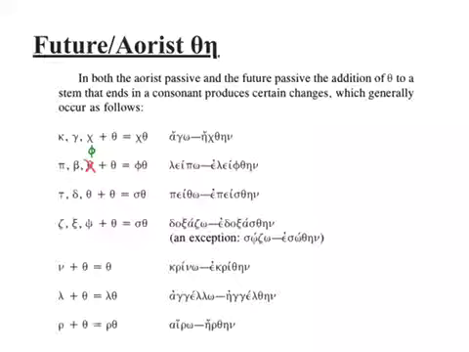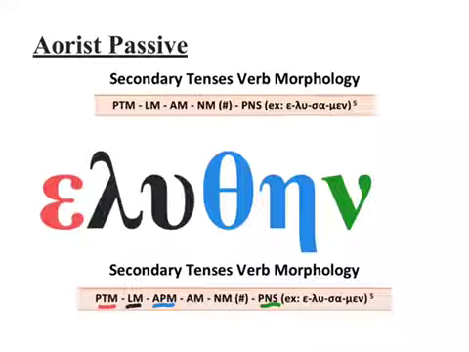Any questions? Basically, I want you to be able to recognize it. It's my main thing. I'm not worried about all these rules. I'm more worried that you recognize the theta eta, because the theta eta stays in these. I really wish I had the other slide. But anyway, you have the theta eta, but you don't have the sigma alpha.